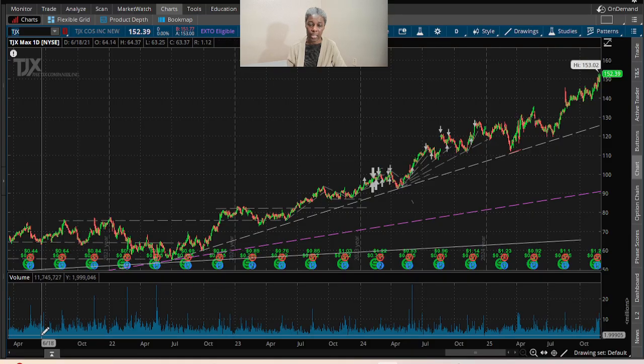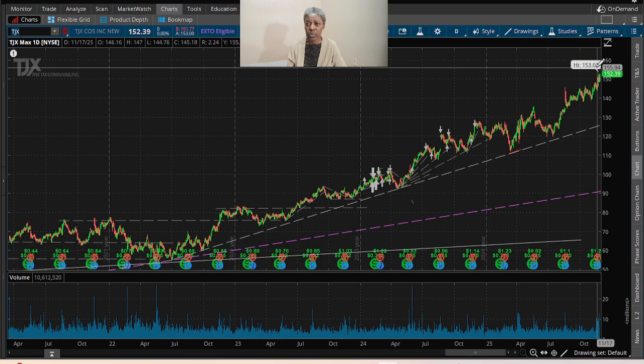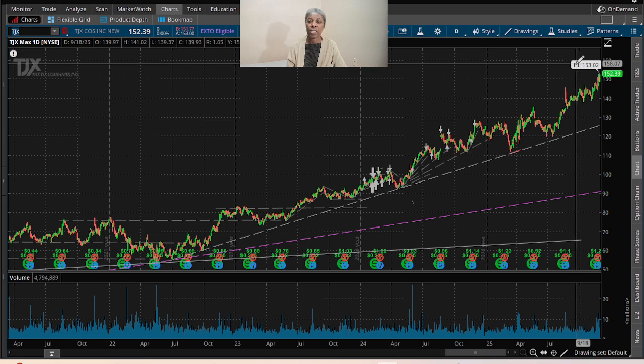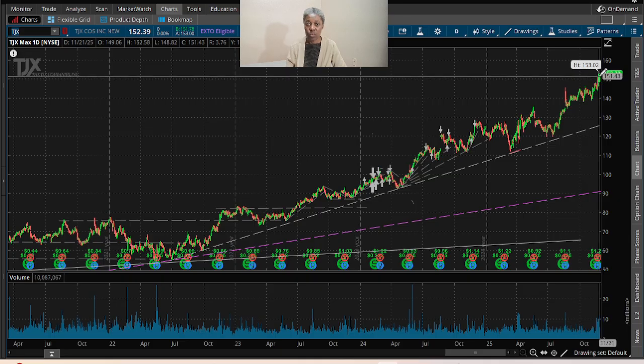You have the dates on the x-axis from the past to the present, and you have the price from 0 up on the y-axis. The price where it is right now is showing high there, which is a new high, an all-time high since we are using maximum daily chart,